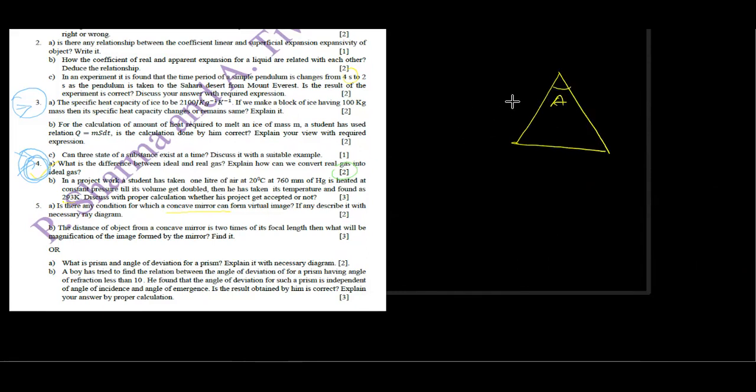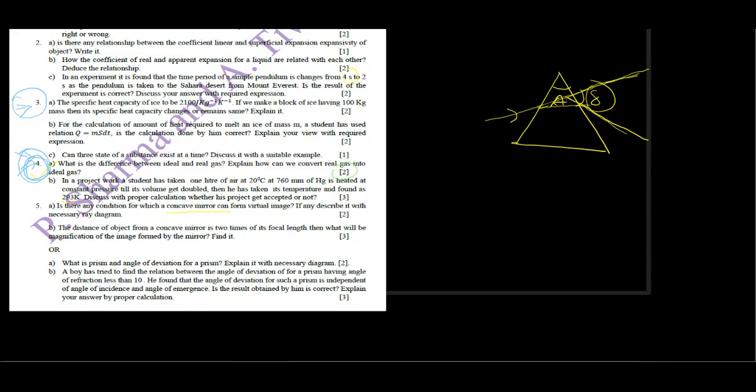This is the angle of prism, a prism having at least 2 refracting surfaces, which might be in different shapes, might be triangular, might be in parallelogram form, or square, rectangle, whatever. So you have to mention that. And for angle of deviation you have to draw this figure. So this is the angle of deviation, this determines the angle in between the original or undeviated path of the ray